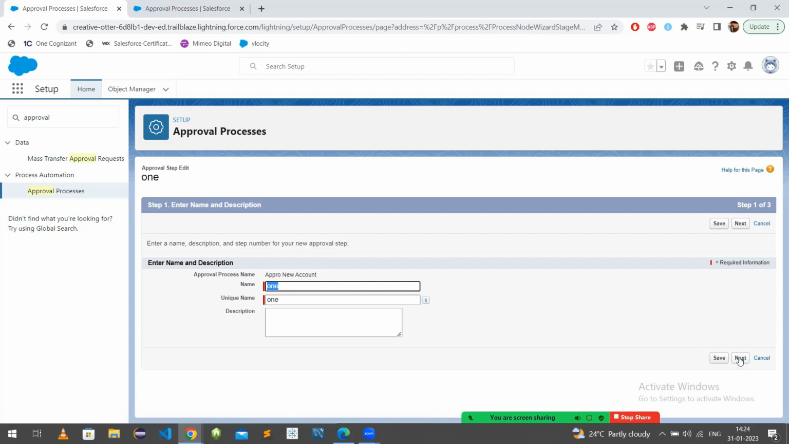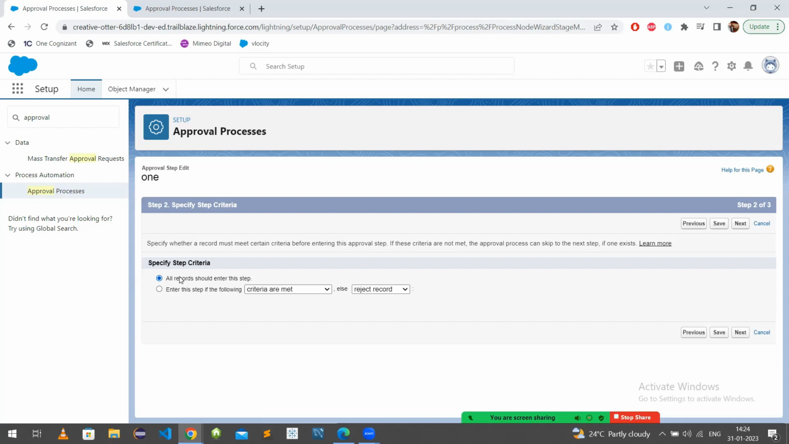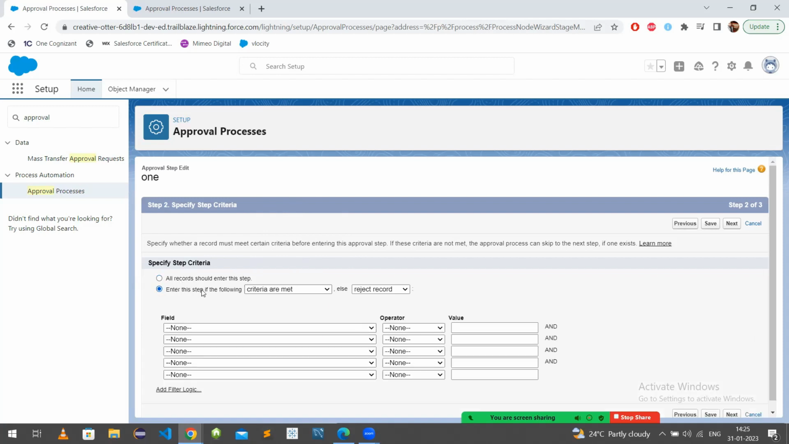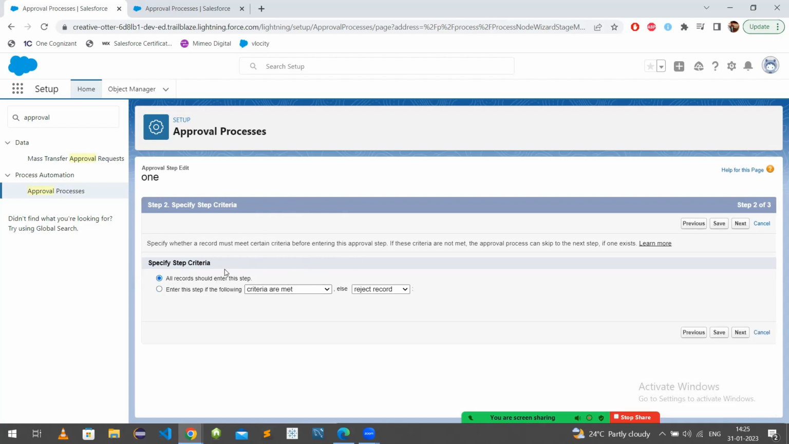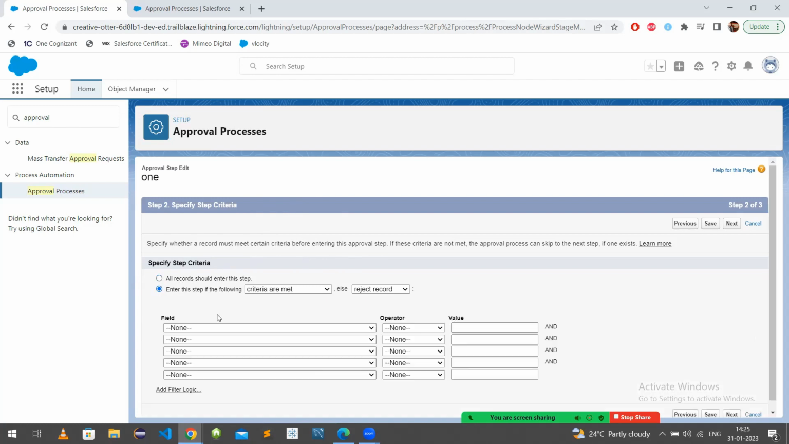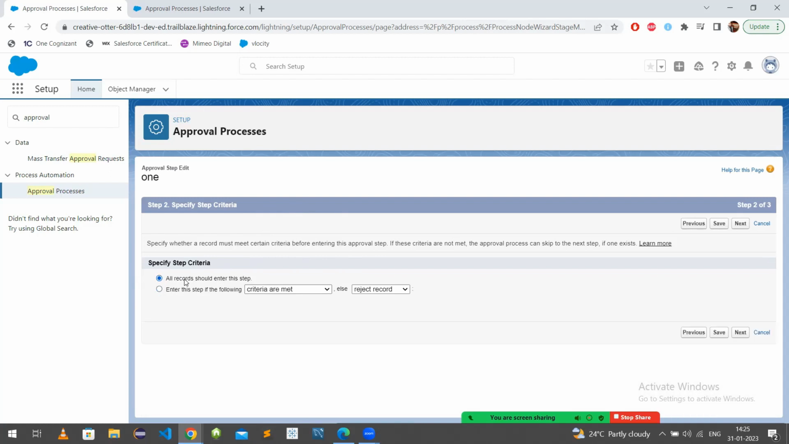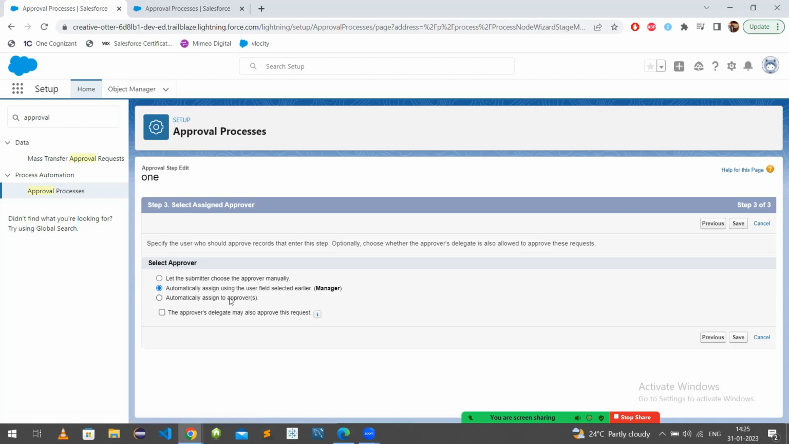So over here, what is there? You can give a name to the approval process, that how many processes there, etc. Now all records should enter this step, or there is some criteria, like you have already initial submission criteria you have defined, right? So if you want that any other criteria should be followed by the records to enter this approval step, then you can define the criteria. And if not, and you want all the records to enter this step, you can choose this. You can click on next, and now